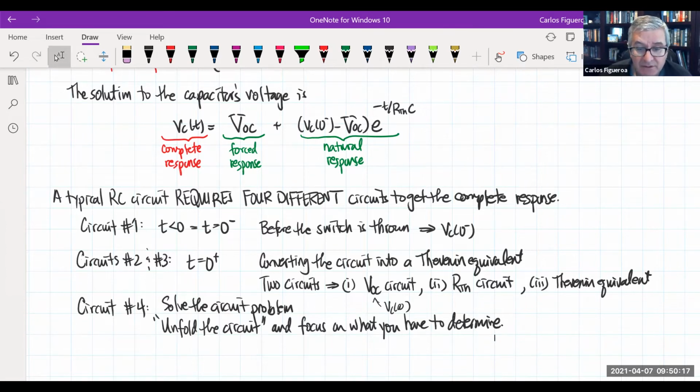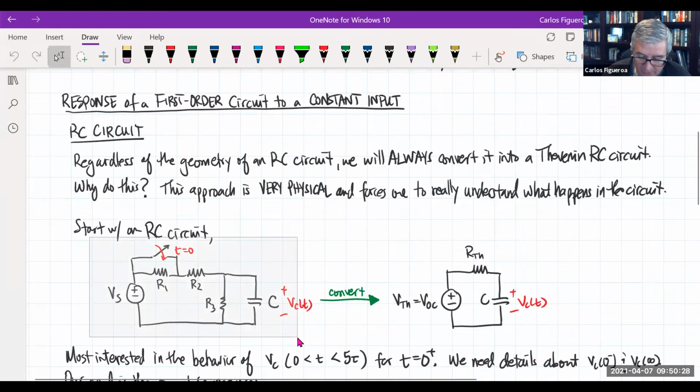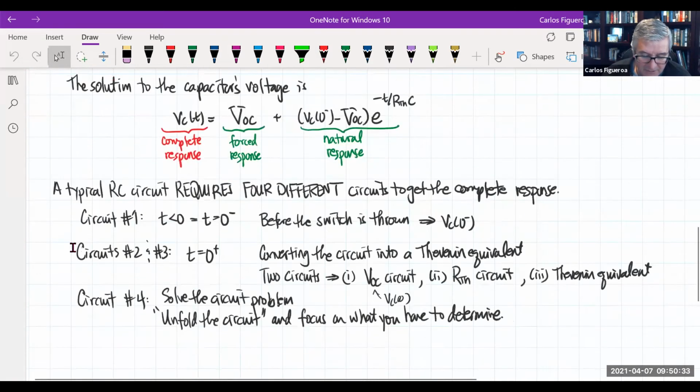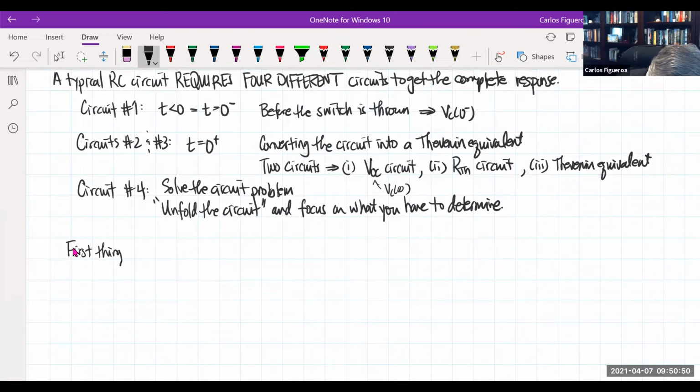So what I want to do here is give you an example, and the example that I want to do is to use this circuit right in here. Okay, so ultimately, this is the circuit that I'm after. Remember, the geometry doesn't matter because we can always get into a circuit here. Now I want to convert this into here. So I want to go through the process